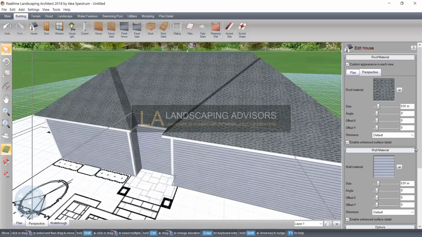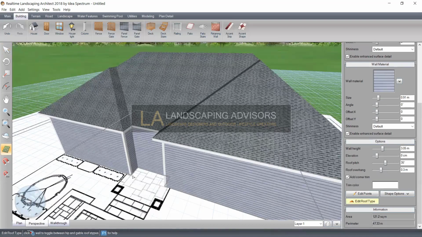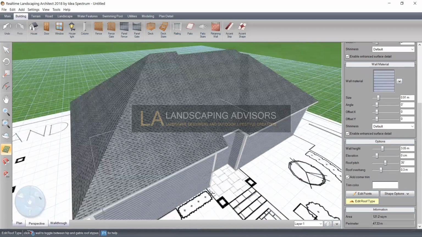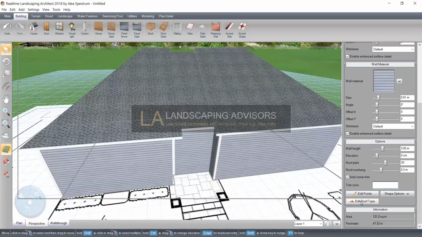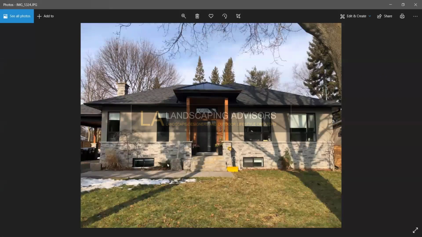We're going to touch on a couple of things. One is the roof line, because we've got to edit the roof line. We're going to end up doing something like this here. But we'll get into that. The first thing that we've got to do is create different layers of the house. If you look at this house here, we see that we have two different front faces of the house. We've got some stone here, we've got